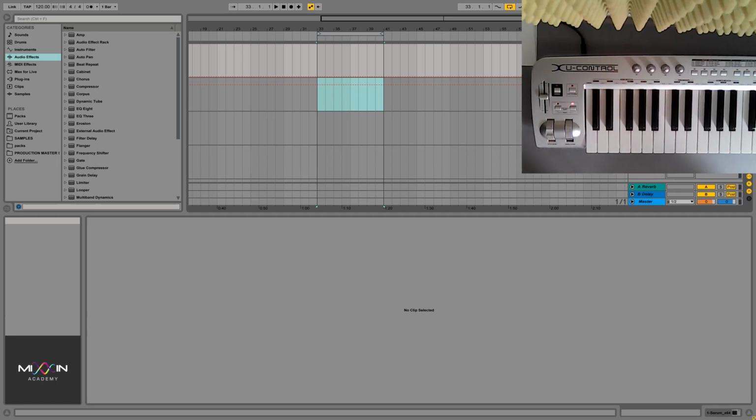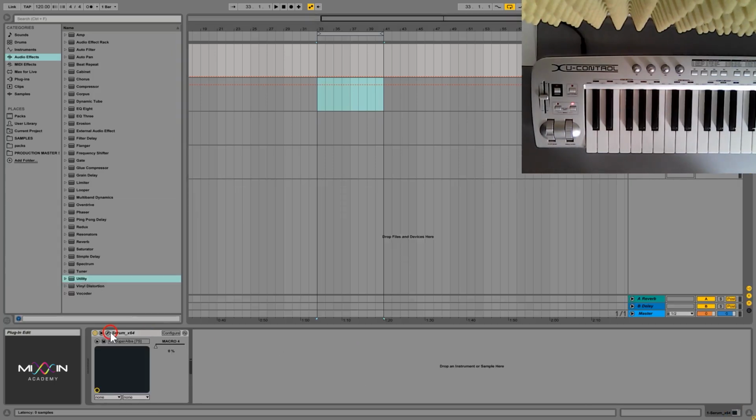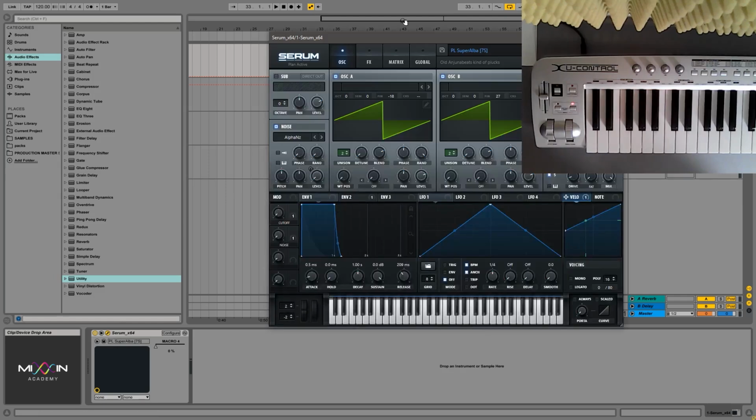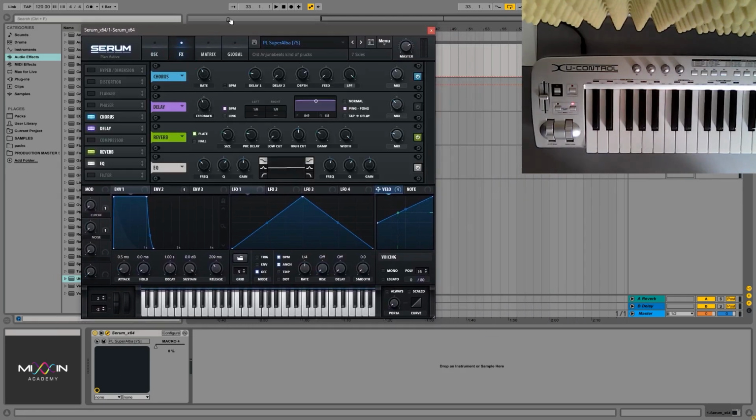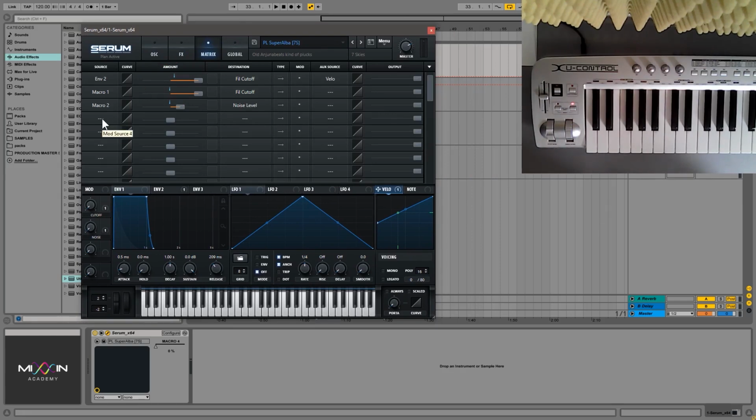One of the very important MIDI articulations tools is the mod wheel. So the mod wheel, and we already went through this one, as a control, we can map this mod wheel to affect anything we want inside the synthesizer, let's say inside Serum. So we could make that mod wheel affect anything inside the synth. And let's say in this example, we can make the mod wheel affect the filter's cutoff